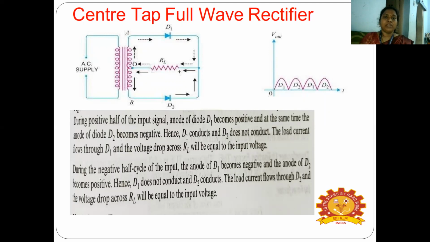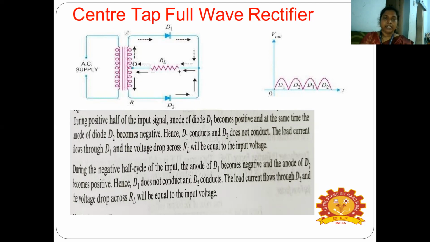When you come to the center tapped transformer, you can see here you will have a center tapped transformer. The meaning of center tapped transformer is that the primary winding and secondary winding will be the same. The count of the windings will be equal when comparing the primary and secondary. Both will be the same, so that is called a center tapped transformer. But in the case of other transformers, it will not be equal. You will have fewer and higher windings in the primary and the secondary winding. That will not be equal, but here it is equal, which is called a center tapped transformer.